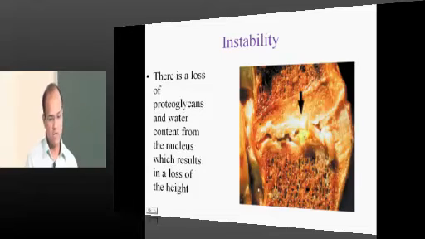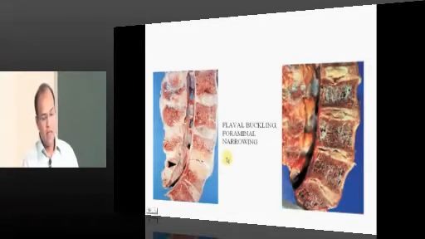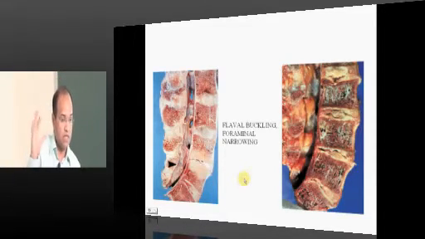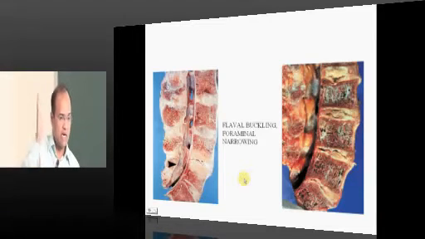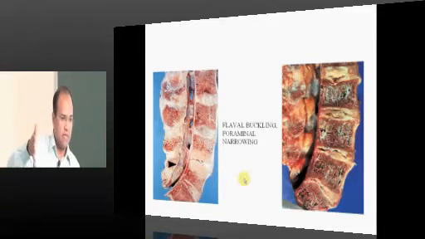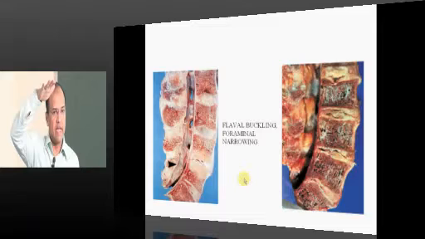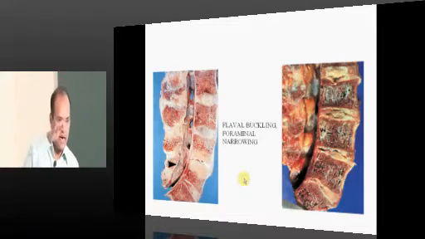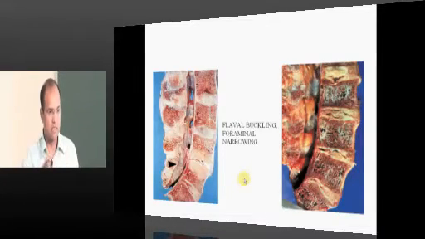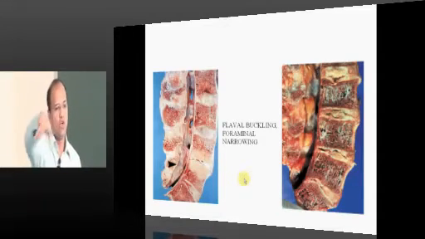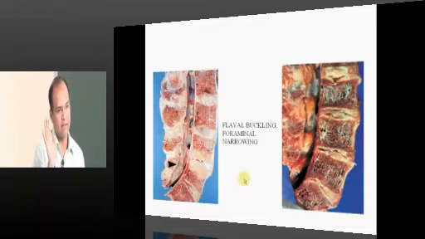Once the disc has degenerated and decreased in height, now you have a stage of instability, and once there is a decrease in the height, what is happening to the soft tissue structures at the back, which are covering the posterior aspect between two laminae, which is called the ligamentum flavum? Now the ligamentum flavum, which was stretched like this, once there is a decrease in the height, what will happen, the ligamentum flavum will buckle like this, and this buckling again, where will it buckle, into a space, and the space is your neural canal, which is happening from the back.